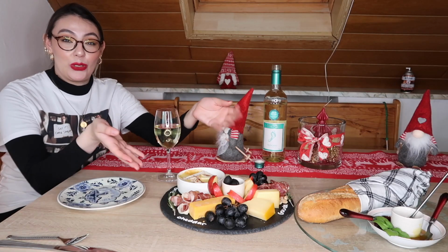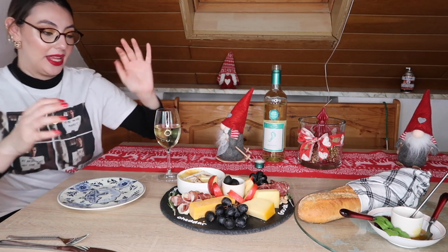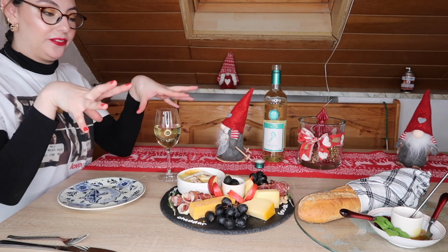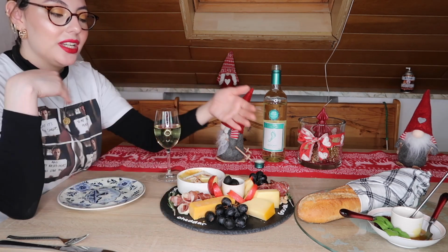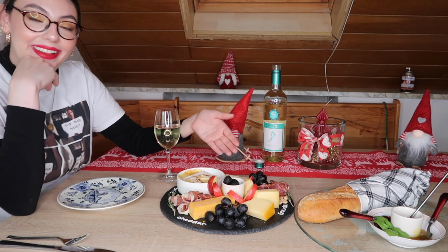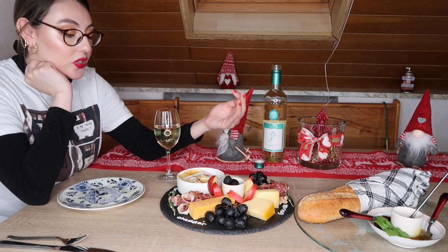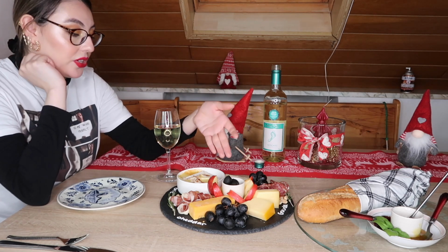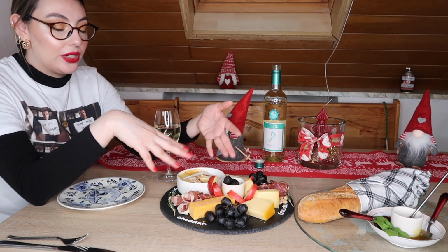Don't you like my wonderful cheese plate? Look at it. It's amazing, beautiful. Got some bread, some brie, some Scottish cheddar, some Gouda, some Gorgonzola that you can't really see because it's at the back. We've got a lot of different charcuterie selections. So we've got salami, prosciutto, serrano ham, and we've also got some olives, apples,